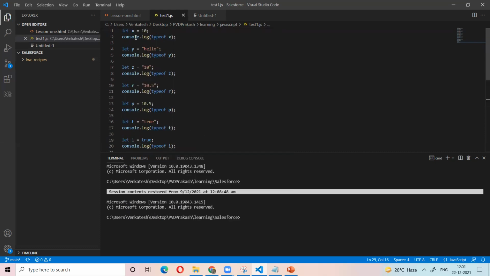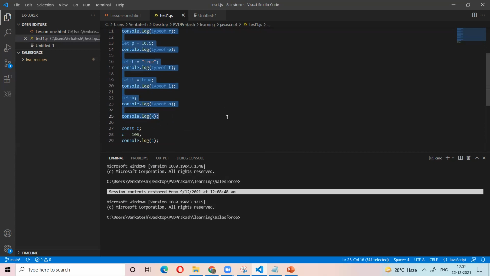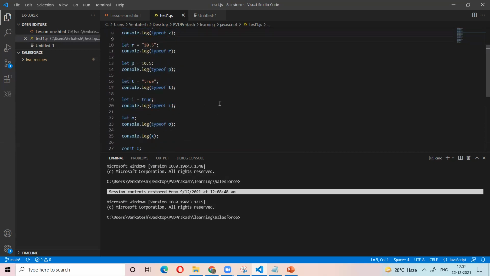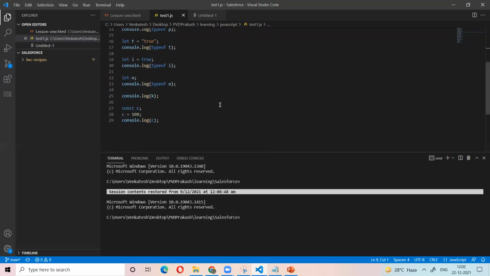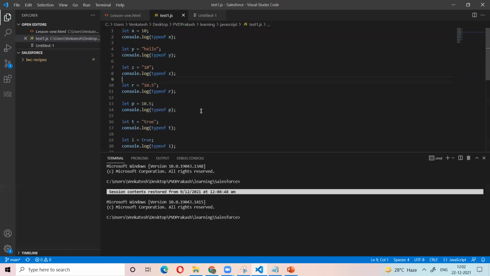If you run this file, what is the total output?